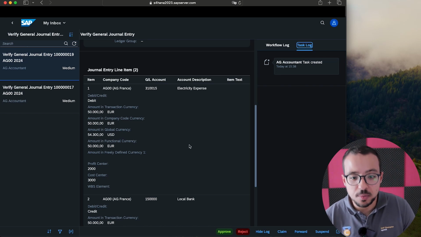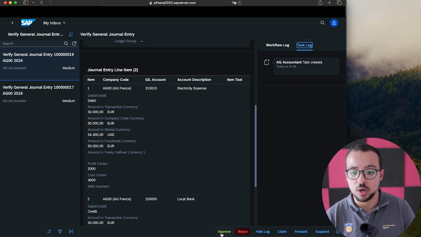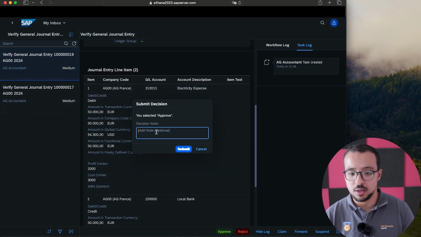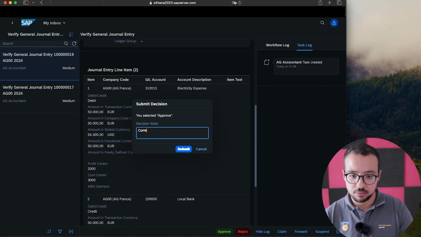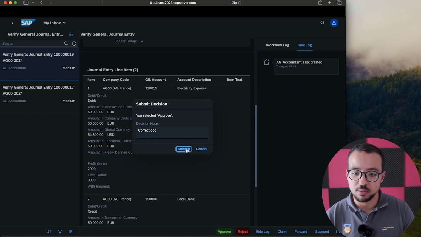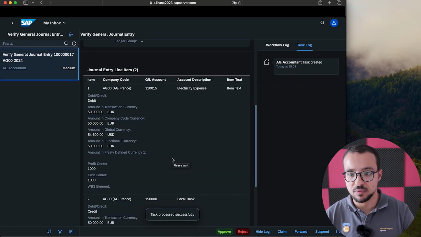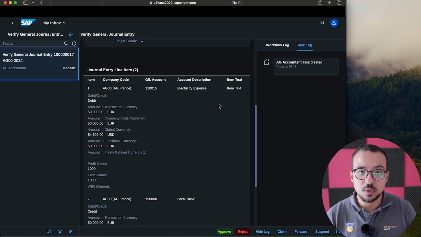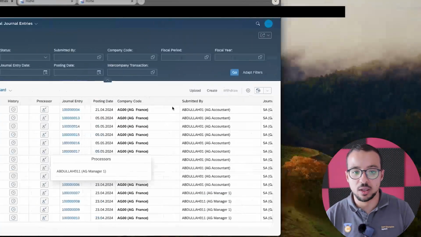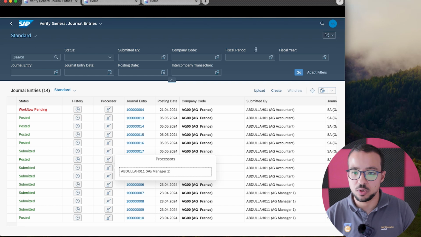Now, if this document is okay, the manager can click on approve or can reject and mention the rejection reason. So now I will click on approve. And here, let's say correct document. And click on submit. This is just to test that we will be able to see the notes in the next levels. So now the document has been approved. Let's go back to our accountant and see what happened here. So now if I refresh